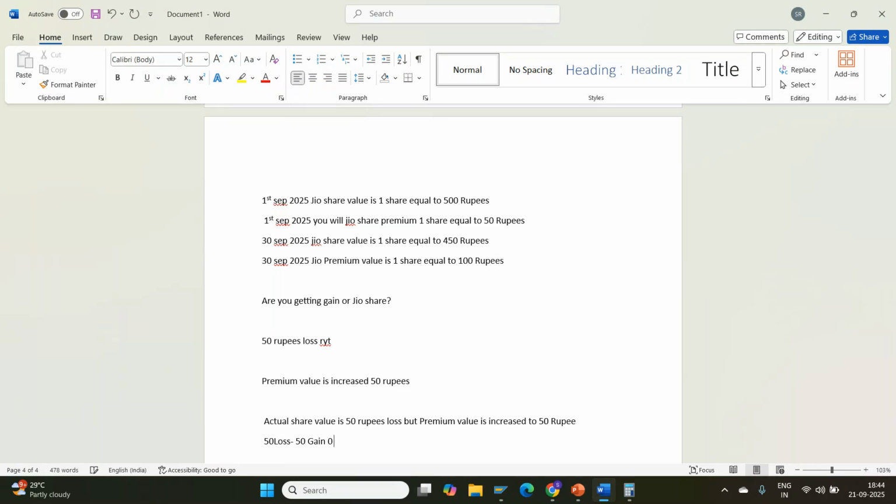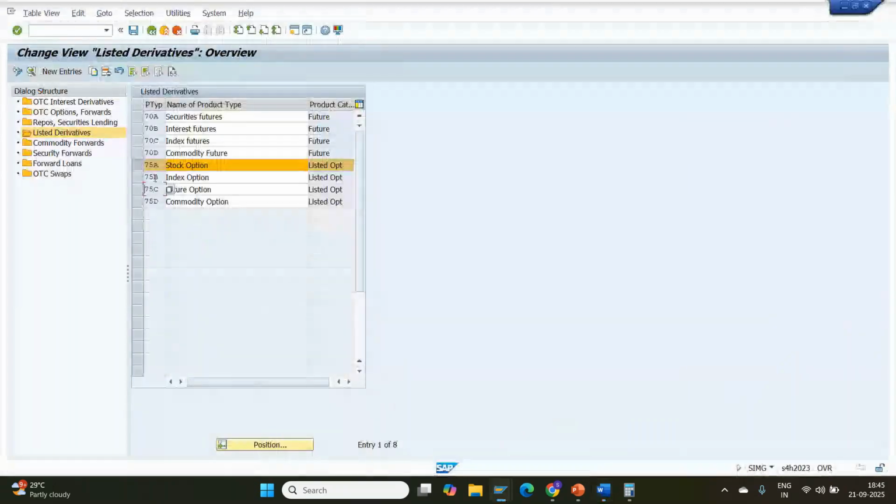Now you can see this is a balancing of our share value, right? That is the purpose we will use listed derivatives. Mitigation means currency loss or gain will be balanced. That is the purpose we use the listed derivatives. Listed derivatives means mitigation. So this type of thing we will do. You can see there is a stock option, there is a future option. Stock option means